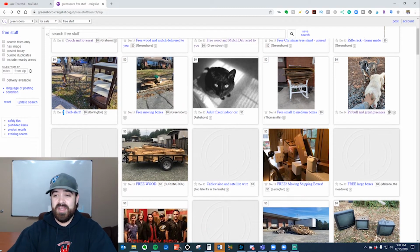I saw this one the other day. A pit bull and a cat. Now, you need to check laws before you go doing that. Pit bulls are not cheap dogs, especially a younger one, which that one looks to be. There might be some laws in selling animals. Don't shoot me. I'm not trying to profit off of animals, but these people are looking for good homes